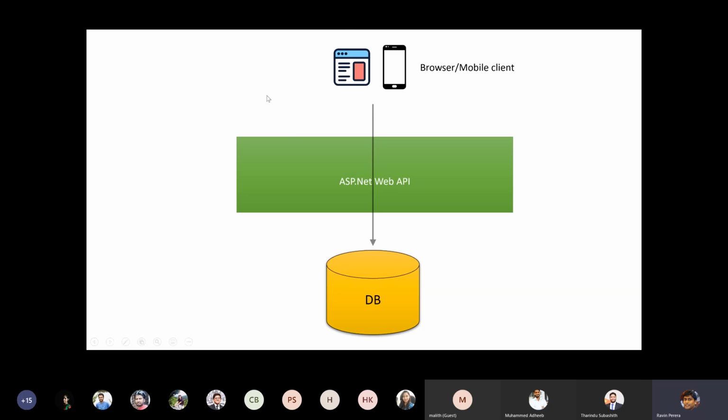Now, the requests coming from the client side flow through the web API, and it will go to the database and fetch the data, right? But when the requests are flowing through the web API, all the requests will be subjected to some sort of screening. There's some thin layer in the web API which does this screening. I'm just giving some hints to you. Can anyone unmute and tell what we would call this layer in ASP.NET? Anyone?